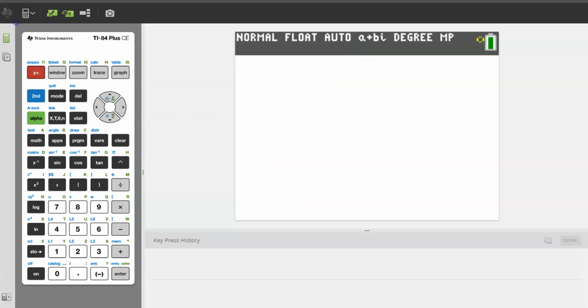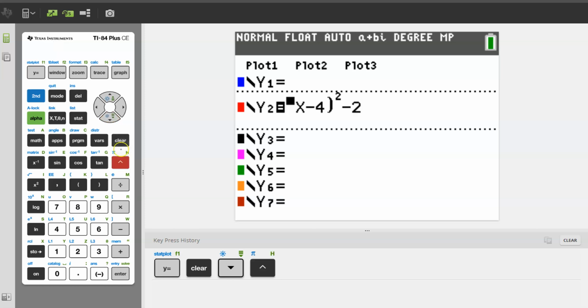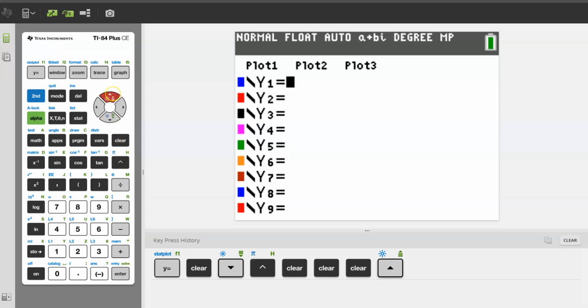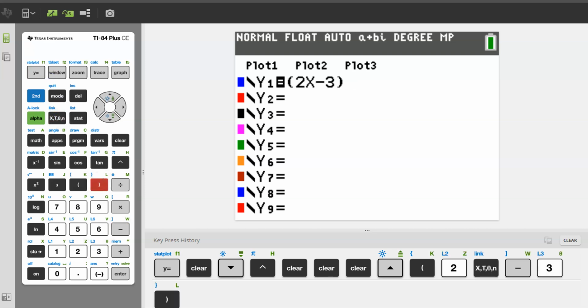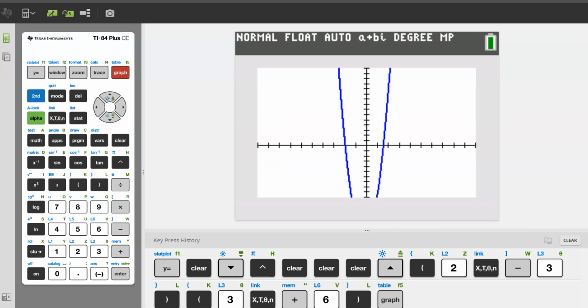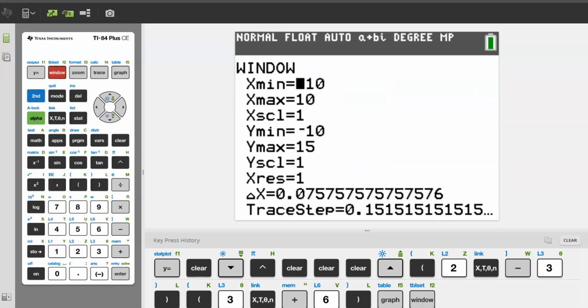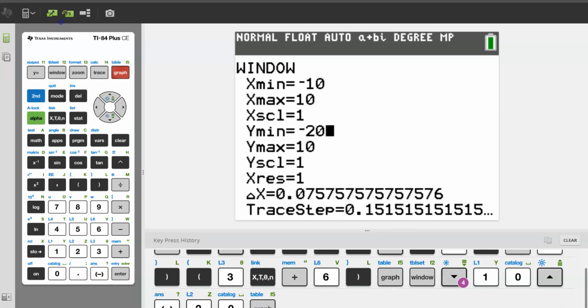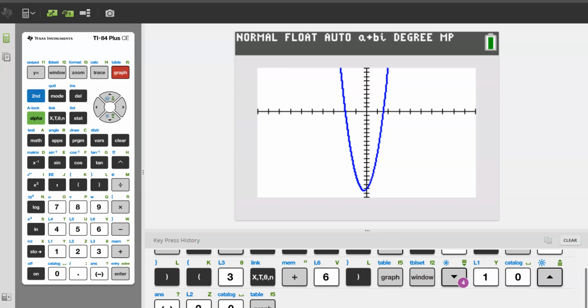So I'm going to go to my calculator. I'm going to type in exactly what was given to me: 2x minus 3, and my 3x plus 6. So I should get this graph. As you can see, the window needs adjusting, so I'm going to adjust my y, so hopefully I can show the whole parabola. Okay, so right here. You don't necessarily have to show the parabola, because what we're about to do is